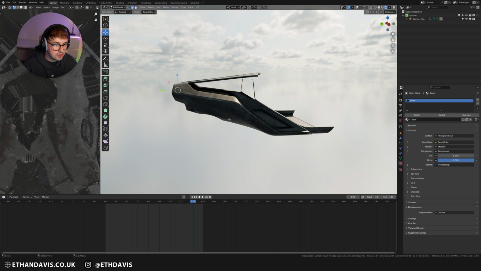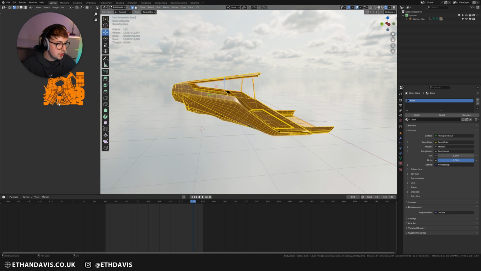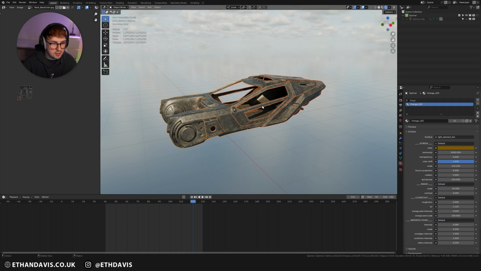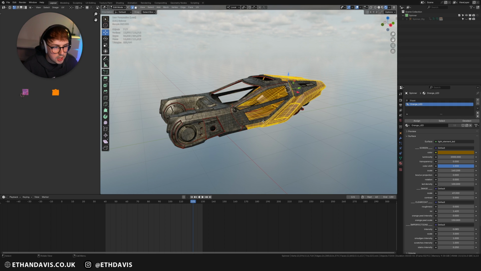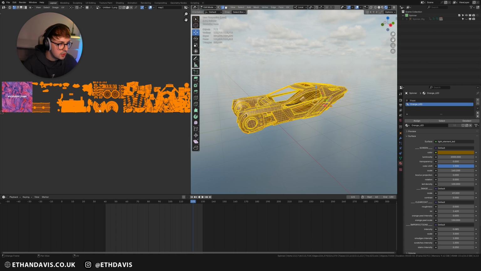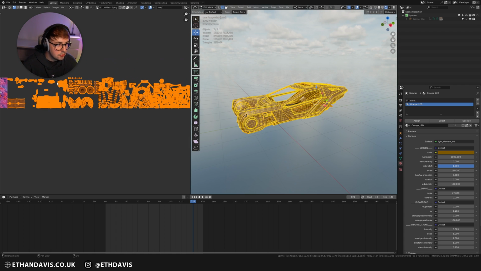Now if I go into edit mode and select everything, you'll see that everything is encased in one UV square. Obviously this would be over here, but if I open everything, you'll see why it's over there. If I select everything like so and go into edit mode, you'll see how I have loads of different UV maps. Each of these UV maps is going to be one texture set.